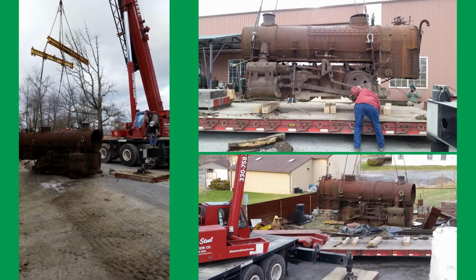I didn't know if Bencart had scrapped it or scrapped the 58 or what had happened to it until I saw it in a photograph up at Stutzman's shop. And so I didn't know where it was at or if it was still around. Well, once I found it, it was still in existence. That's when I said, well, I definitely would like to have a second chance at getting this locomotive and to restore it. So I purchased it, and this was, I think, December 30th of